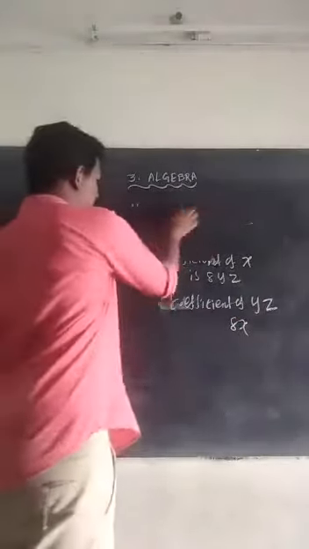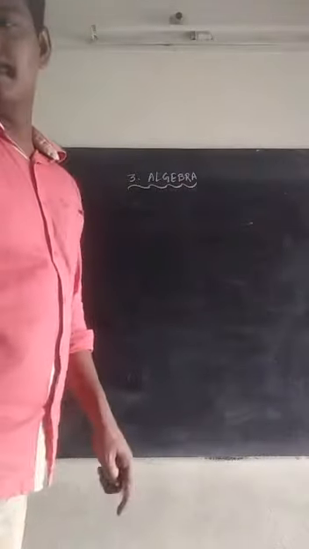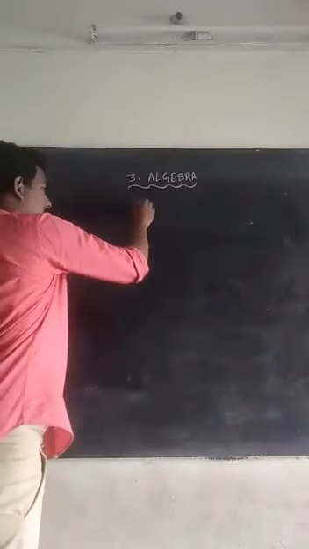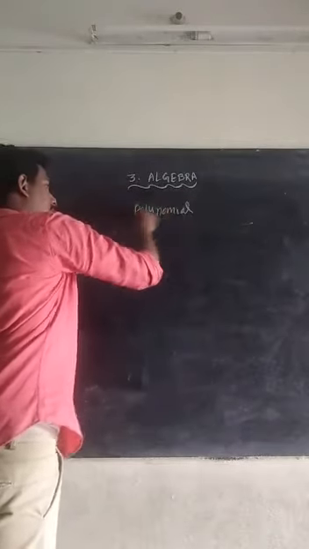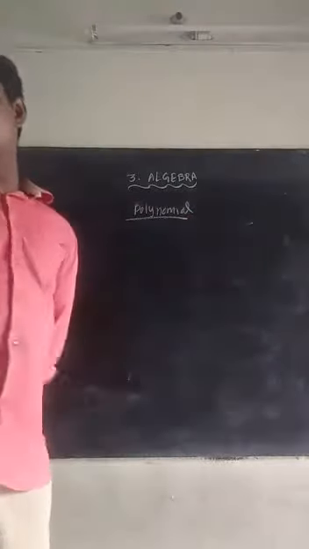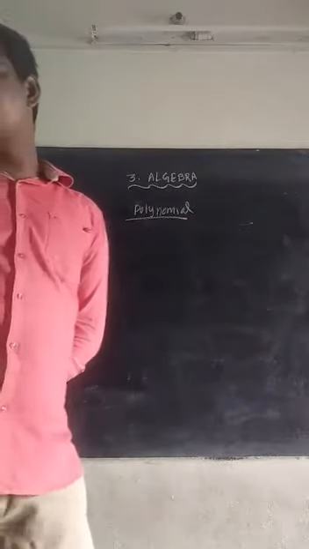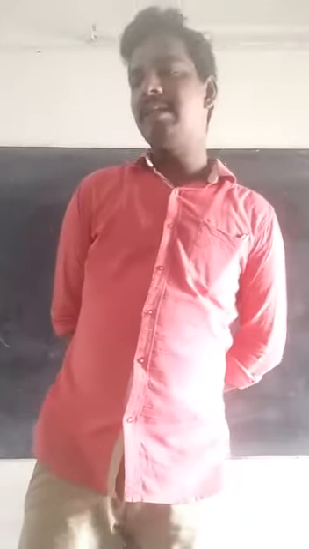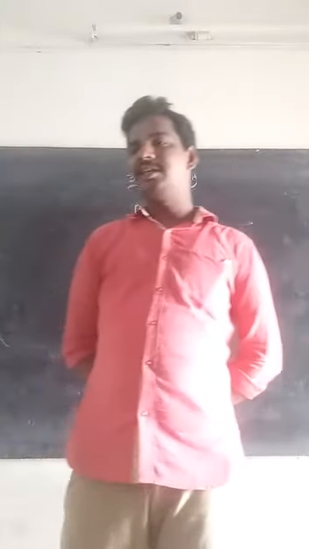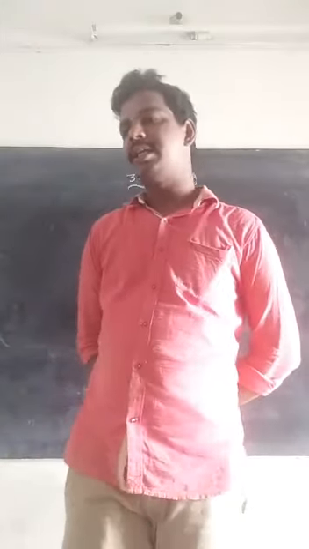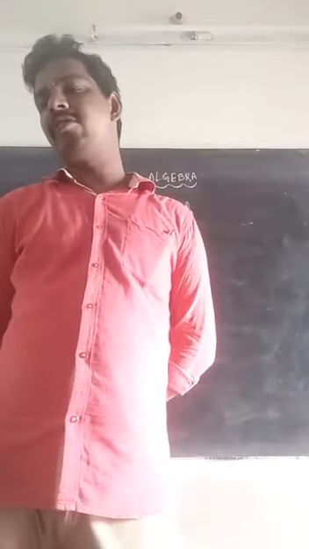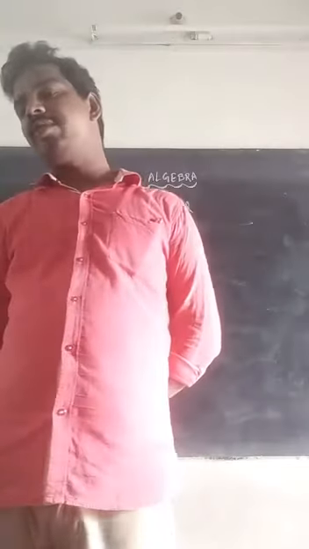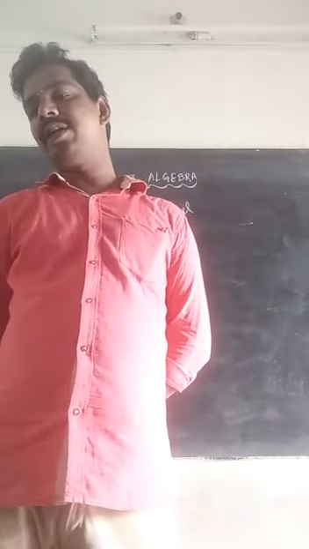Okay. Next, in your textbook they have given polynomials. What is a polynomial? In your textbook, page number 81, there is the concept of polynomial. I will read the definition. A polynomial is an algebraic expression consisting of variables and constants that involves the 4 fundamental arithmetic operations on non-negative integer exponents of variables.